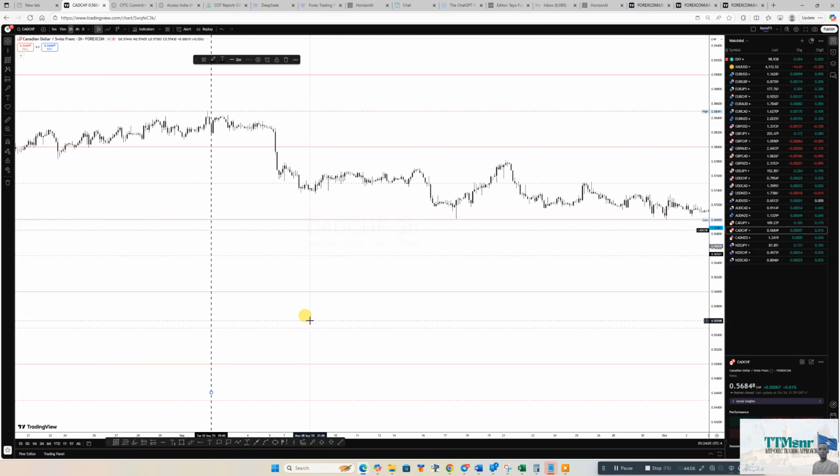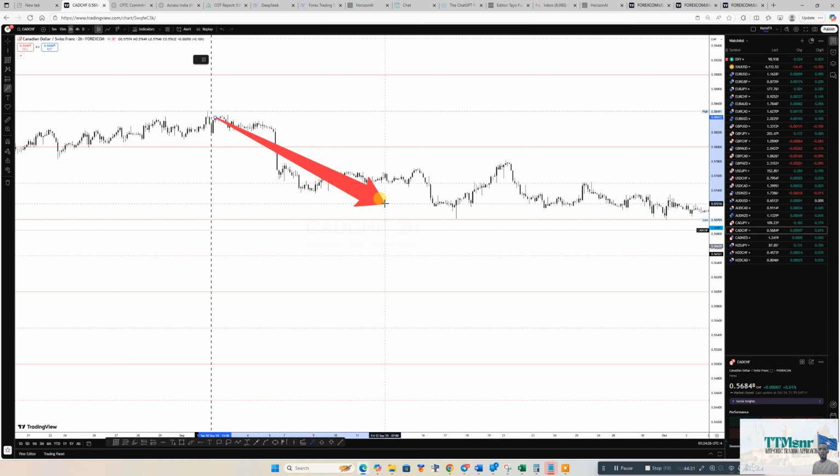Since the CHF is positive and the Canadian dollar is negative, we will go short and sell, so that the base currency is the Canadian and the quote is the CHF. So from this week, the market will go down until